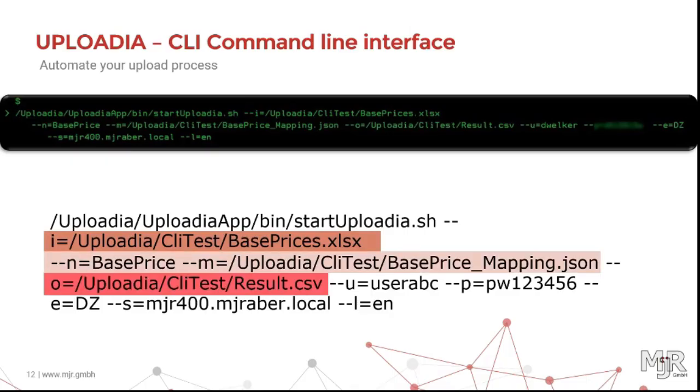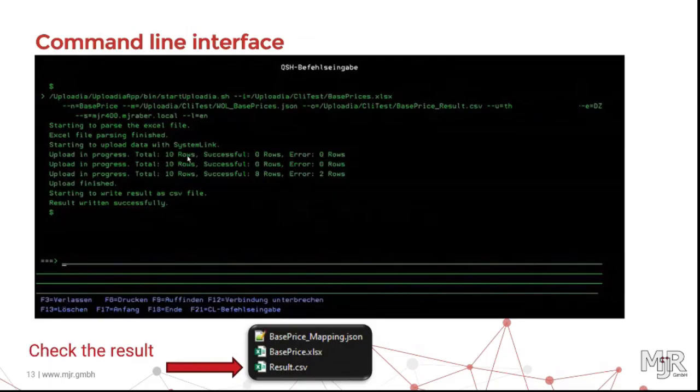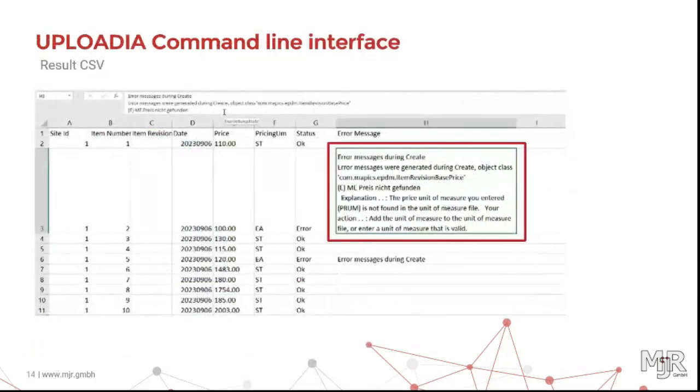You can see how this command is, it's including all the information we need in Uploadia. Then in terminal, you can run that. You can watch the results in the result CSV. You also have that in the normal, I call it normal Uploadia upload, not the automatic way. And you can watch errors, for example, here during the create